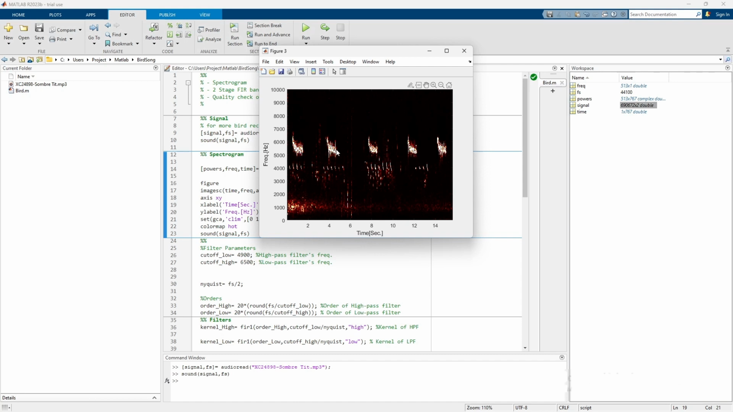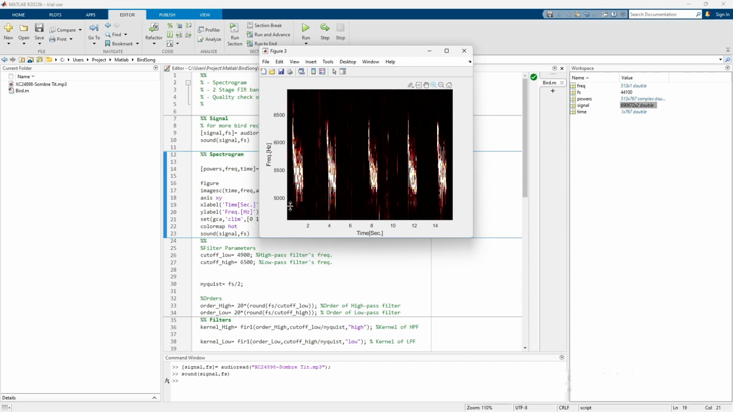Now those are where somebody is singing, and those are that other bird, and those are just noises. Now I need the frequencies between which somebody is singing to create my bandpass filter, my two-stage bandpass filter. So I am going to zoom in, and I am going to choose my cutoff low frequency as